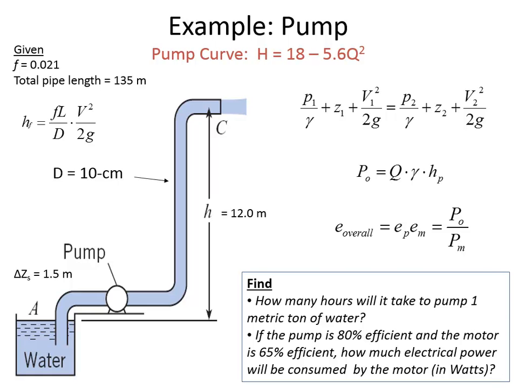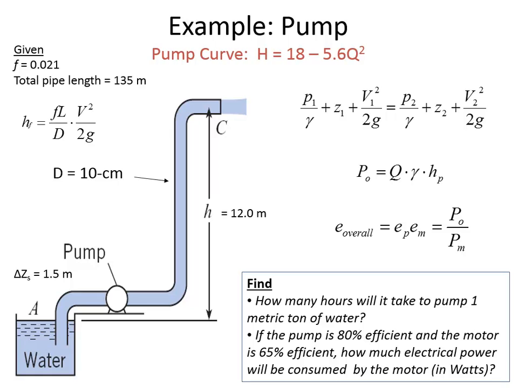So we said that our flow rate was 1.55 times 10 to the minus 2 cubic meters per second. The unit weight of water is 9810 newtons per cubic meter. And then the pump head that's required,